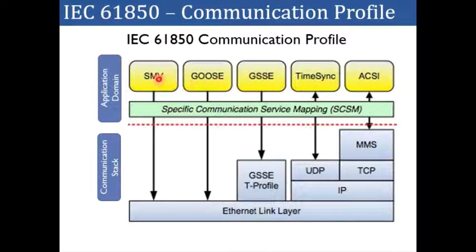These two protocols have only three layers: the physical layer, then the Ethernet based data link layer, and then the application layer. SMV and GOOSE travel directly from the link layer to the application layer. We do not have the IP and TCP or UDP layers in between for SMV and GOOSE. Because of that, SMV and GOOSE are very fast. We'll see this when we talk about these two components in detail.